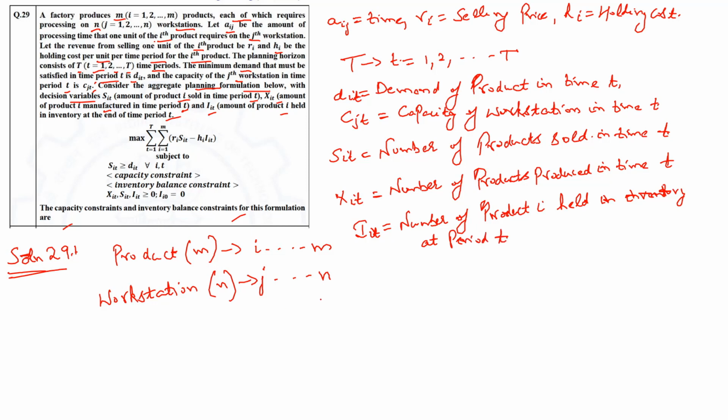Now the capacity constraint: the summation of aij xit is less than or equal to cjt, right? That is the capacity of workstation j in time t. This is the formulation for the capacity constraint, right? And for the inventory constraint, if we have to write,